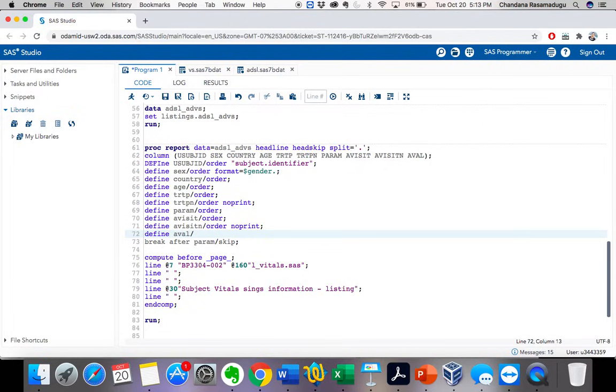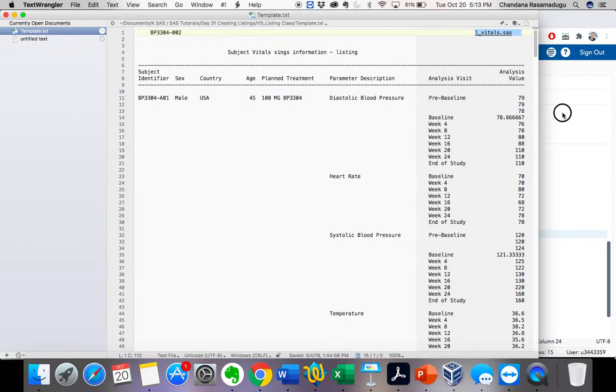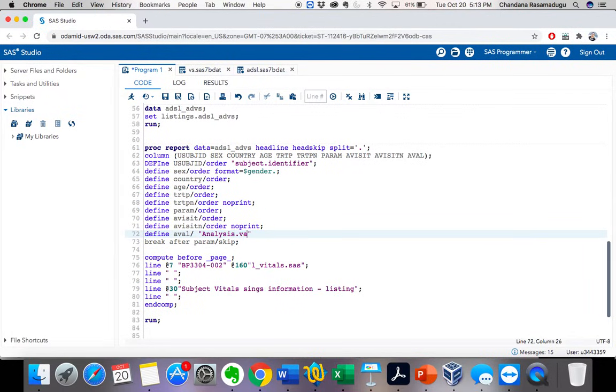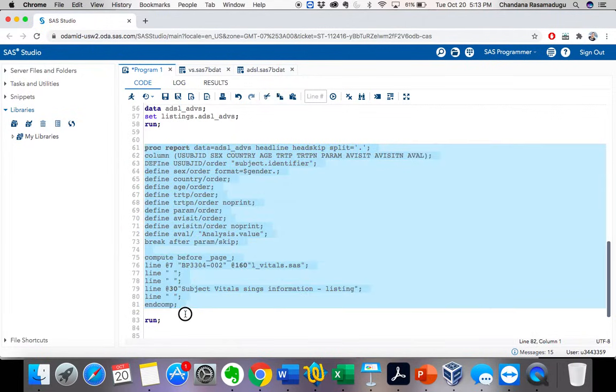So here I'm giving analysis dot, what is it, analysis value. Okay, analysis value. Now it will print like how I wanted. Let's execute this.